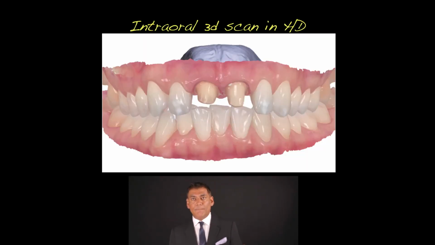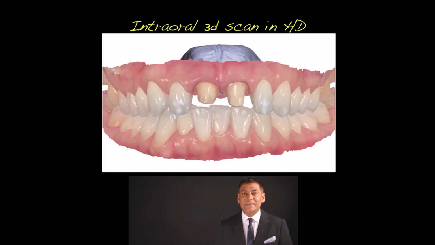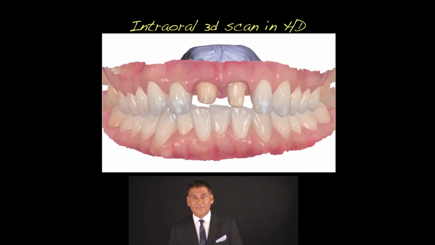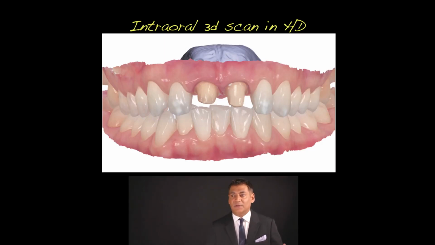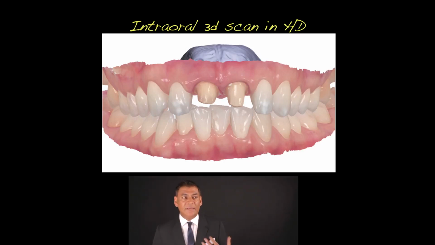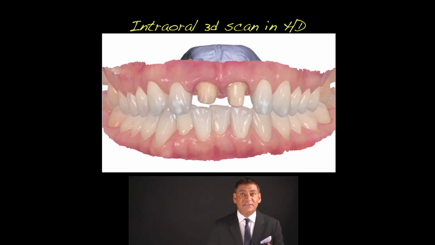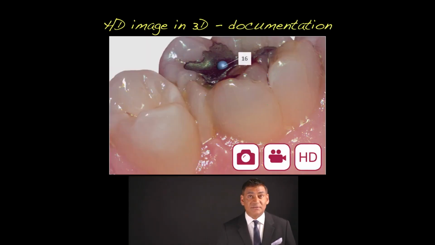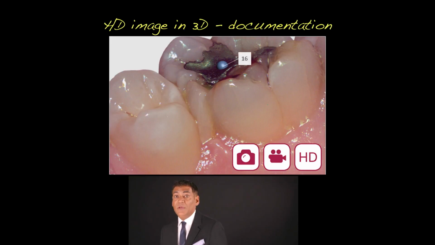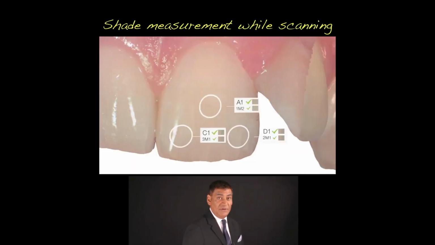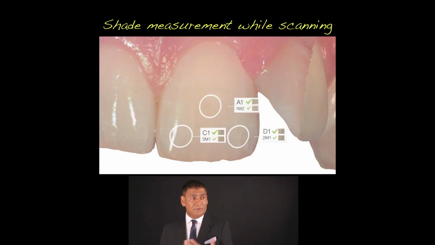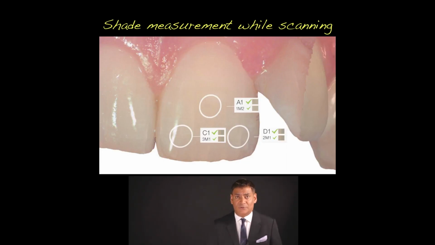What more power can you have when you have a 3D image like this that you can turn around 360 degrees and even have a patient be able to see a caries or erosion on the lingual of their teeth and have a digital record of it. Having HD photographs that you can send to the lab, communicate with the patient with, where you can also take shading measurements that have fairly good accuracy for communicating color to a lab.